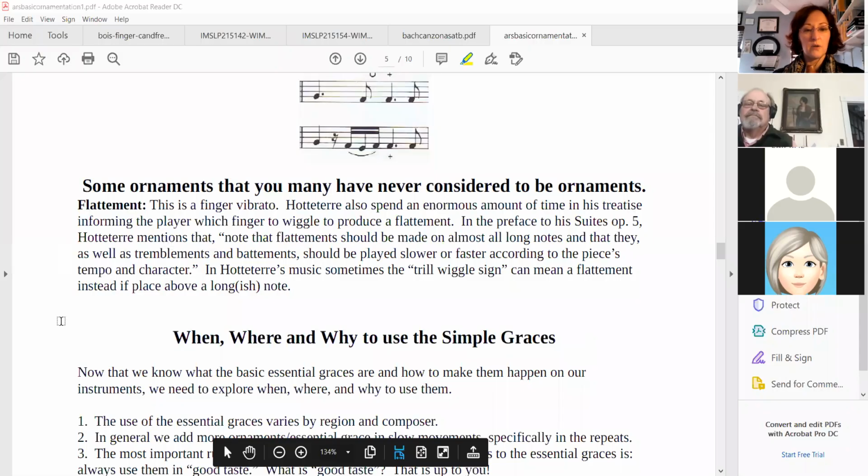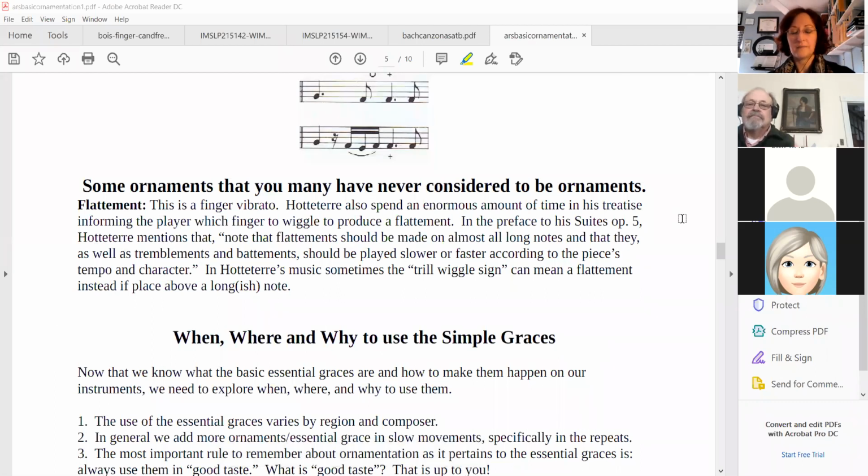You just hear the tone shake a little bit, maybe. So trill and flat mot. Wait, let me find my hole. Okay. Now I mention it because that symbol gets used that way in Hotteterre's music. So if any of you are looking at Hotteterre and you see that symbol,